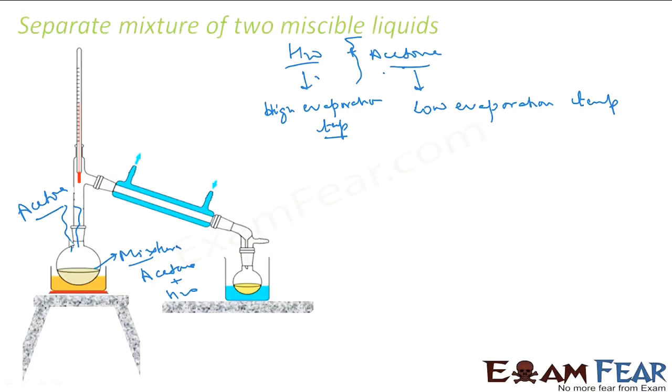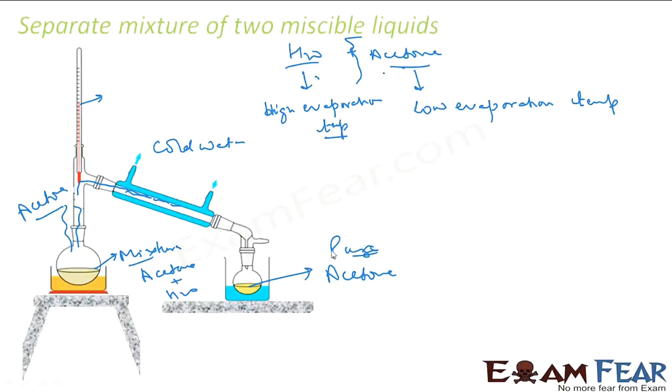When you heat this, you have to maintain the temperature also. You have to maintain the temperature of evaporation of acetone, and then you will see that evaporation of acetone takes place here, and now you put some cold water here. The cold water comes in and goes out. The only purpose of cold water is that whatever acetone gas comes here will cool down, and since it is slanted, the acetone will be collected here. So it will be pure acetone, and whatever is left here is water.